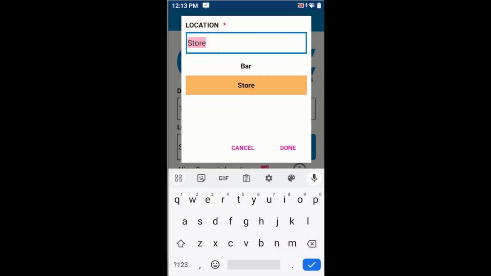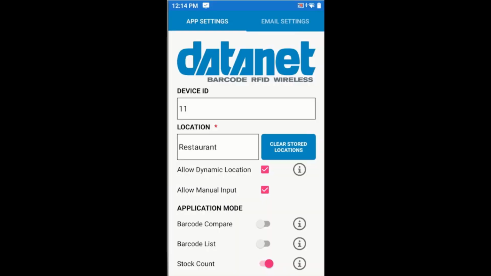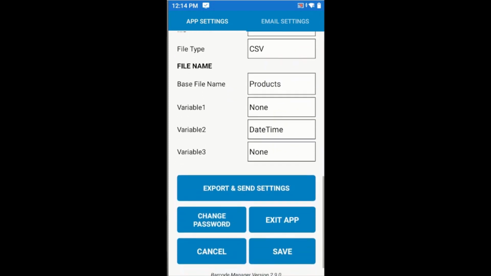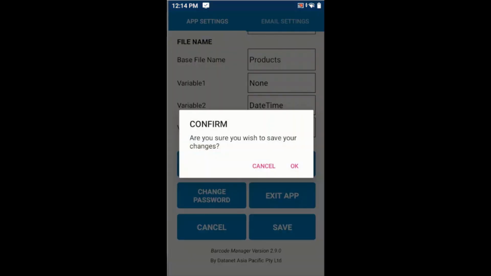And another. And another. These are the locations which will be available to me while I'm doing my stock count, but I can add new ones as well if I want to. So with that option enabled, I'll scroll down to the bottom, save my changes,